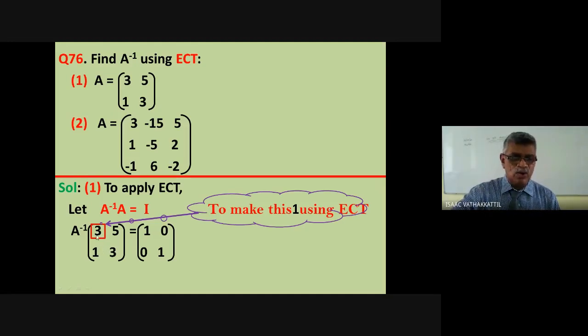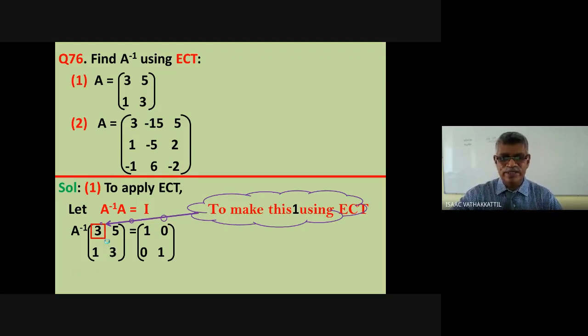So, column, not row. Here you don't do row operation, only column transformation. First column and second column, how can you make this 3 to 1? Of course, if you don't find any way, you can divide the first column by 3. If you divide the first column by 3, you get 1 and 1 by 3. In the beginning itself, you are going to encounter fractions. Sometimes fractions may be inevitable, but if you can postpone dealing with fractions to a later step, it will be more comfortable. So what I prefer in this case, even if I take one step more, I'm just postponing the fraction.